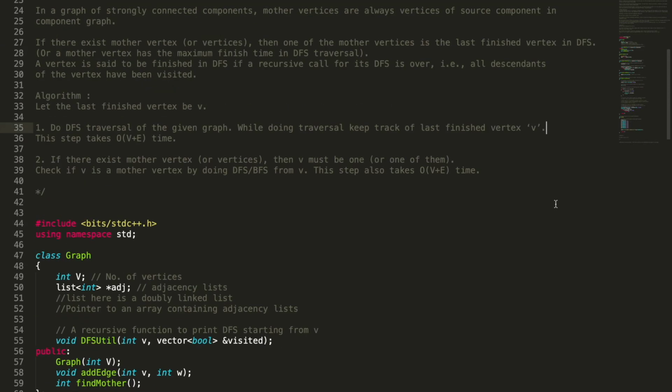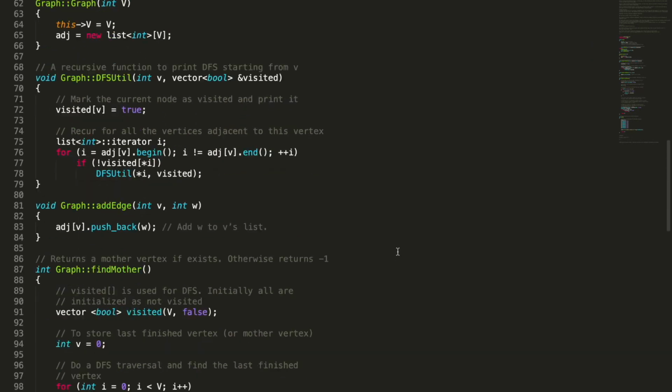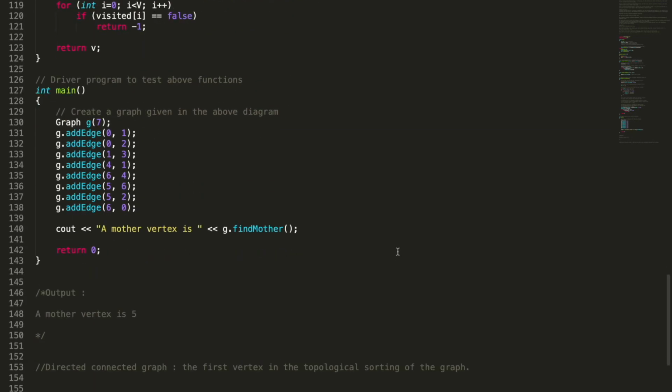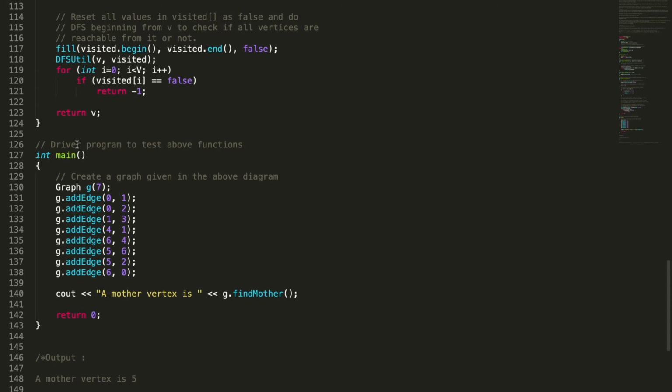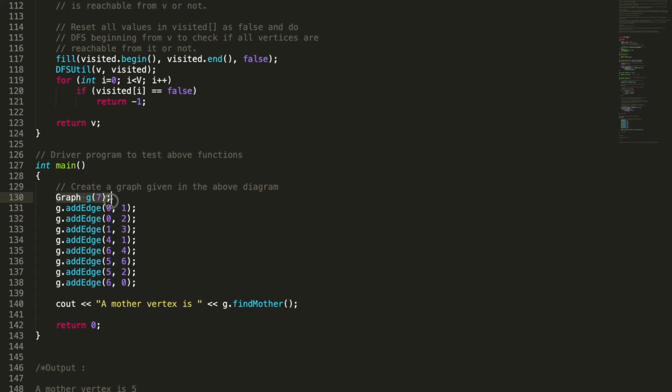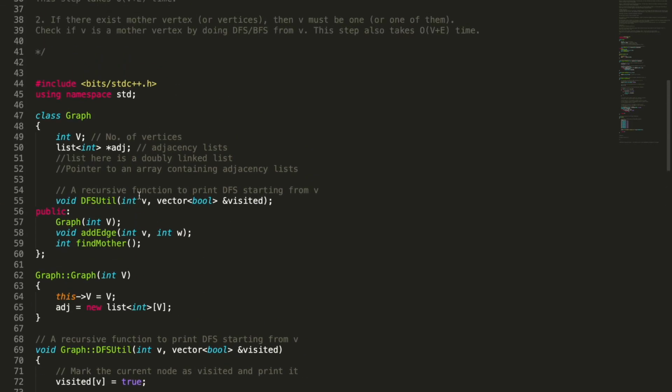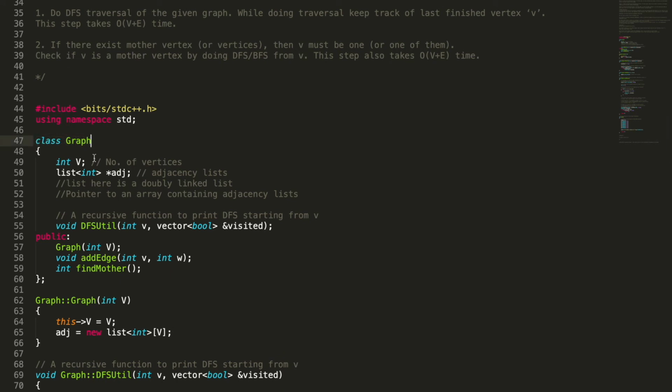In the code we have used a class based approach here, so it will be a different code from what we did before. So this is a driver code. Driver code consists of a function which is graph. Now after this, what is going to happen after this line? You're passing 7 vertices here. So we have made a class here, class graph. The class consists of 2 members. First is V, which is the number of vertices here. Second is list, which represents our adjacency list.